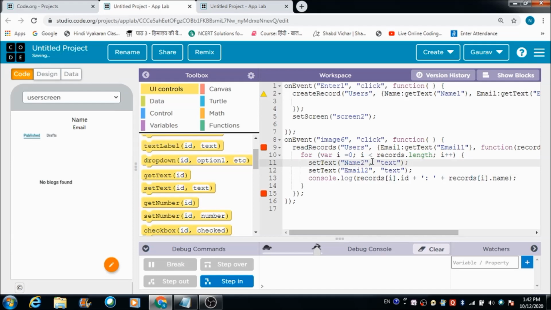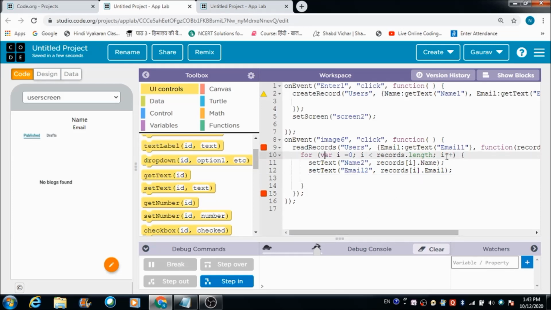So name2 will be equal to records, I N should be in capital here, and in which column is the email ID going to get stored? It is going to get stored in this email column, right? So we can copy it from here and paste it here like this. And let's get rid of this whole code.